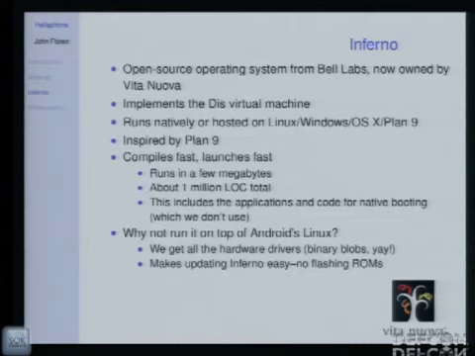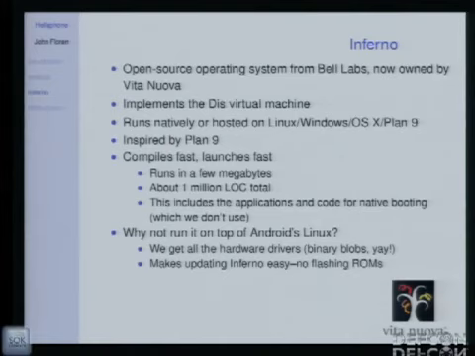It's very portable. It's very lightweight. As it says here, it only takes a few megabytes of RAM. In our environment, you run the windowing system, you run a bunch of daemons, you're talking about maybe 16 megabytes of RAM used. And there's about 1 million lines of code, and this includes the kernel, a whole bunch of applications, the windowing system, a bunch of drivers for native hardware, which we don't even use.